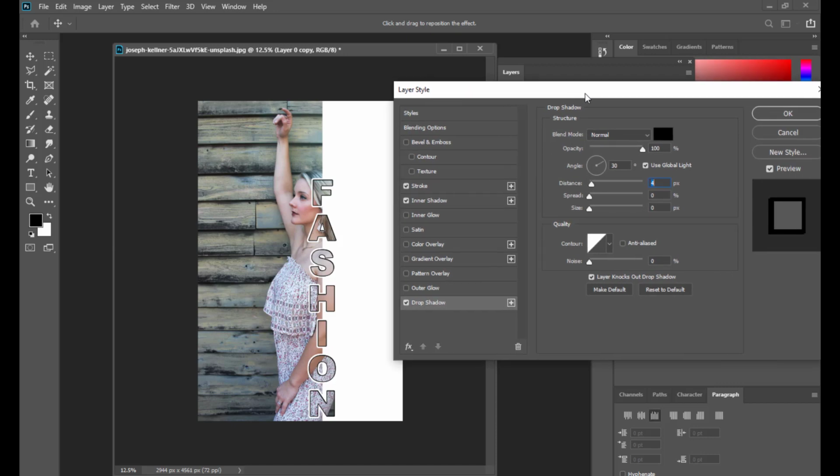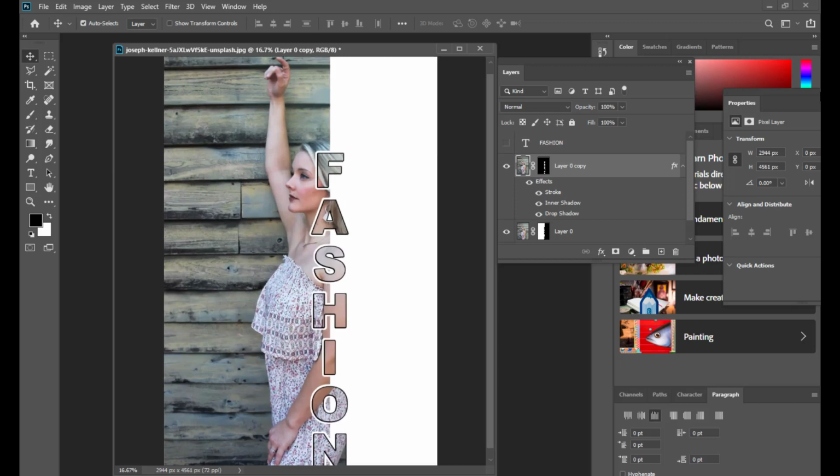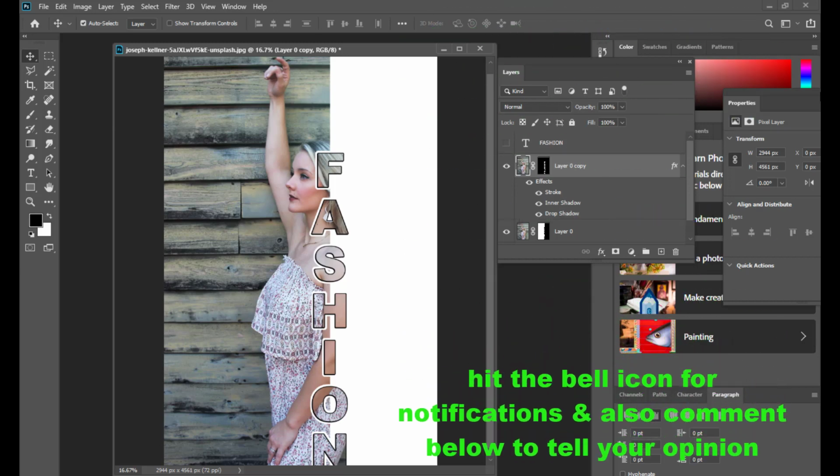Right. So now we have completed the text mask effect. You can try this, and you can also use the layer styles or the other layer style options and do something more interesting. We generally get to see these kinds of effects on magazine covers, advertisements, newspaper advertisements, and many other places.